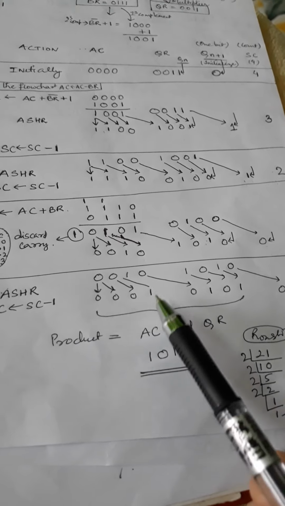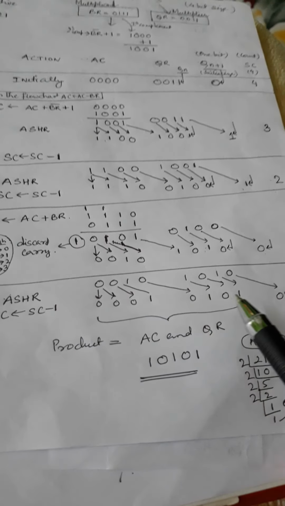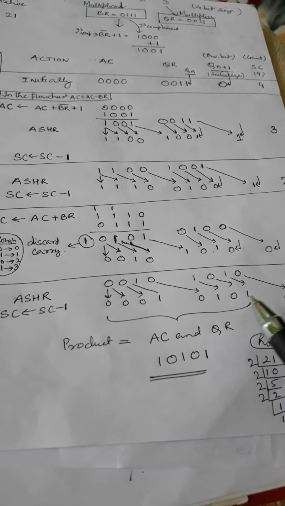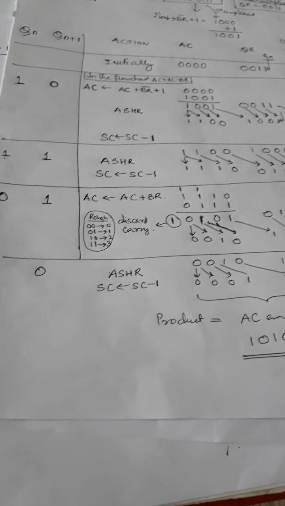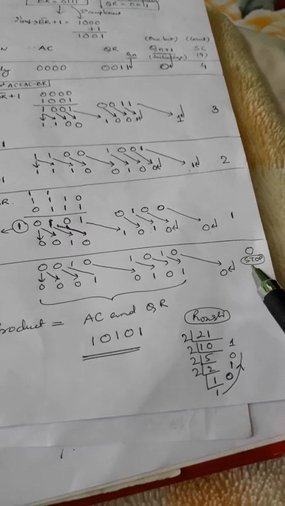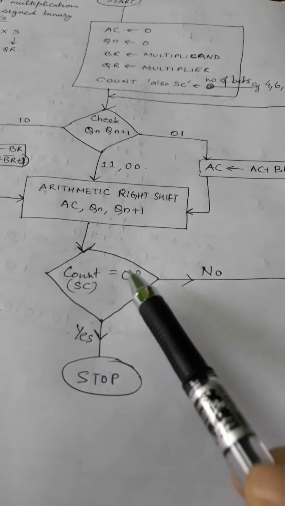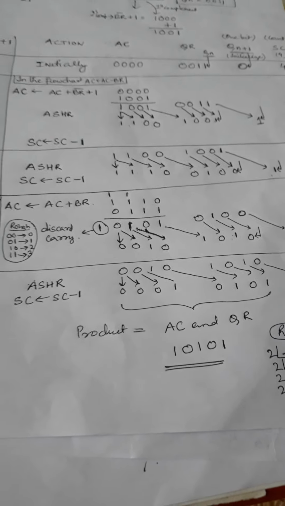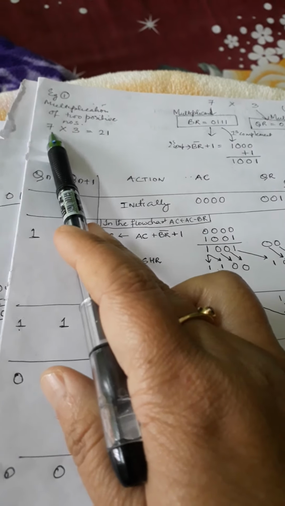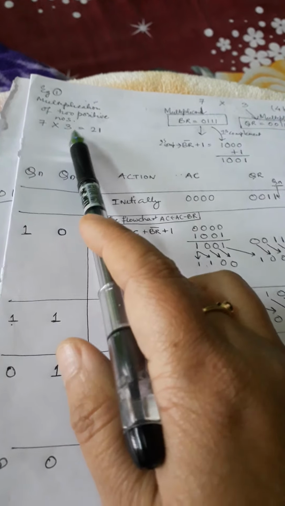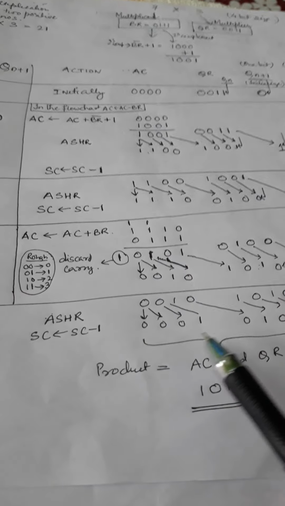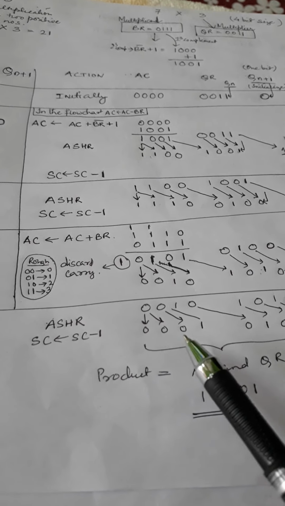Okay, so we are left with this new value of AC and new value of QR. All right, then time to stop because we have reached count is equal to 0. Count is equal to 0, stop. This is how we have reached count is equal to 0. Now where is the product? Okay, so the product, that is the answer of the multiplication of the two values. The product is actually the combination of AC, the final value of AC, along with